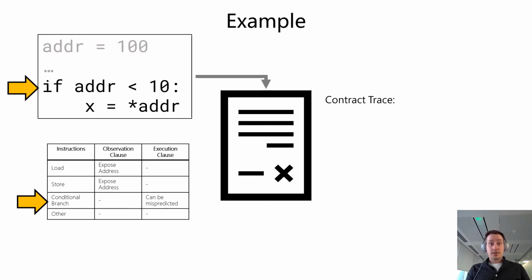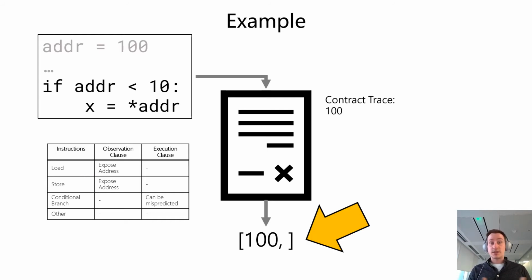Then we hit a conditional branch, and the contract tells us that the branch can be mispredicted, so we take a wrong branch. In this branch, we have a load. The contract tells us that the loads expose their addresses, and so we add the address of this load to the trace. After that, we finish execution, and the result of this execution will be a list of observations that